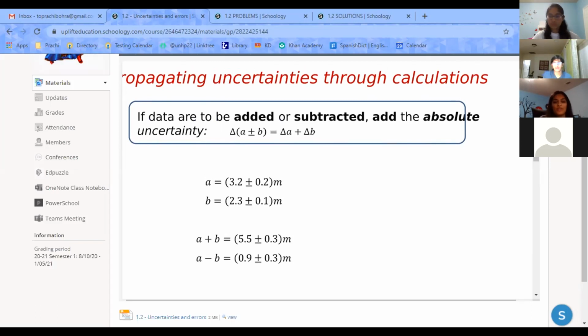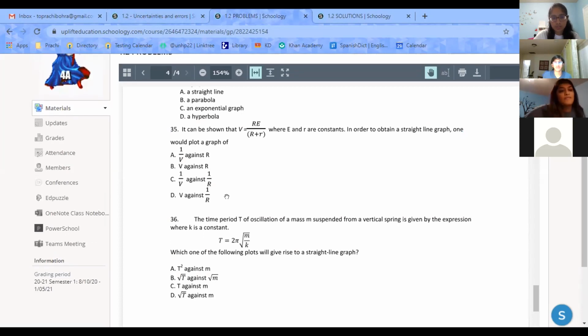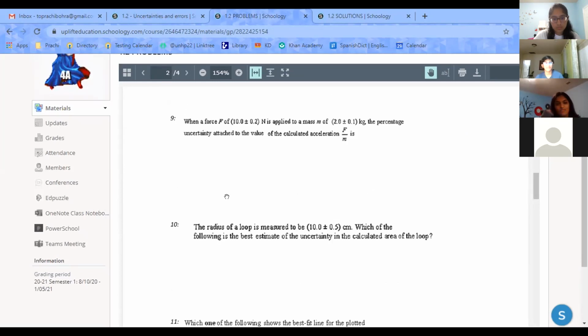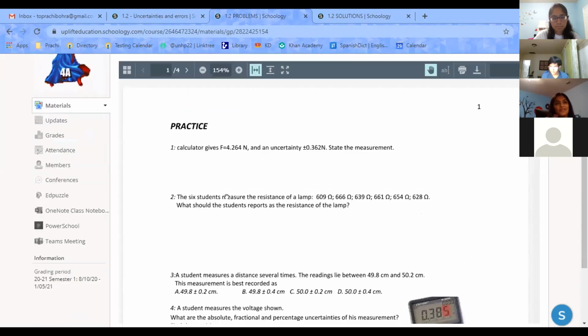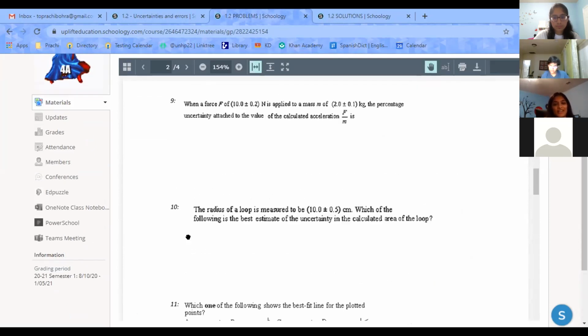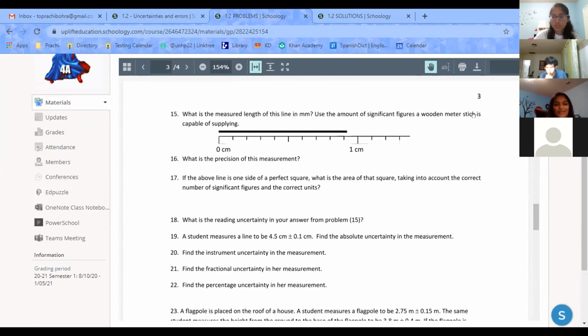I know we only have 2 minutes, but can we do one of the multiplication problems for the uncertainty? I think it's okay if we run a little bit over, because the meeting is for 40 minutes. Which one do you want to do? I'm fine with any of them. I'm just a little confused with how you have to multiply the uncertainties you get by the actual value you get after.